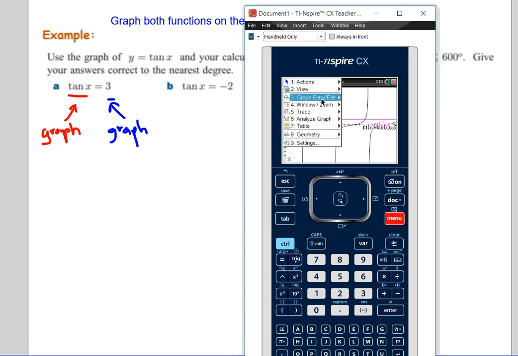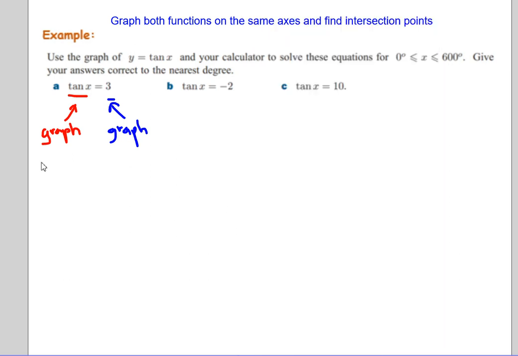Intersection, we've got one here. There's one. 71.6. We already know it's at 3 because that one's at y equals 3. 71.6 to the nearest degree, 72 degrees. Better start typing this in because I'll forget these. X equals 72. I'll put the degree sign in afterwards. Next one, x equals,